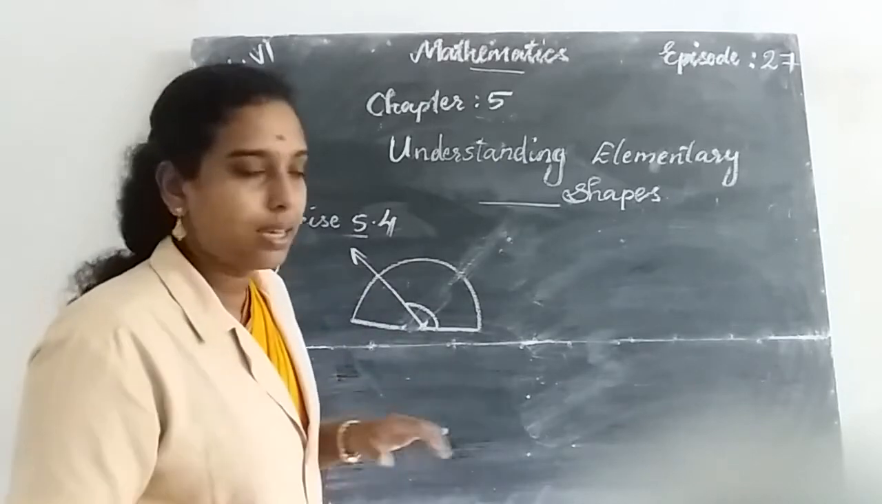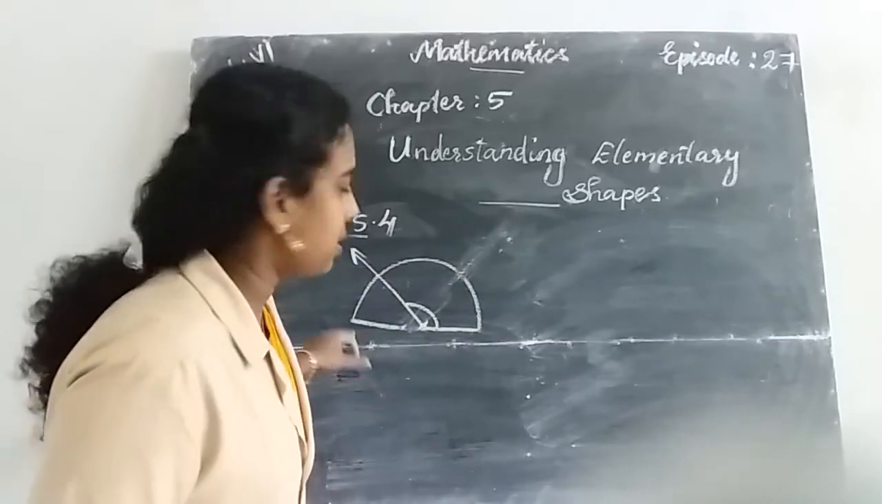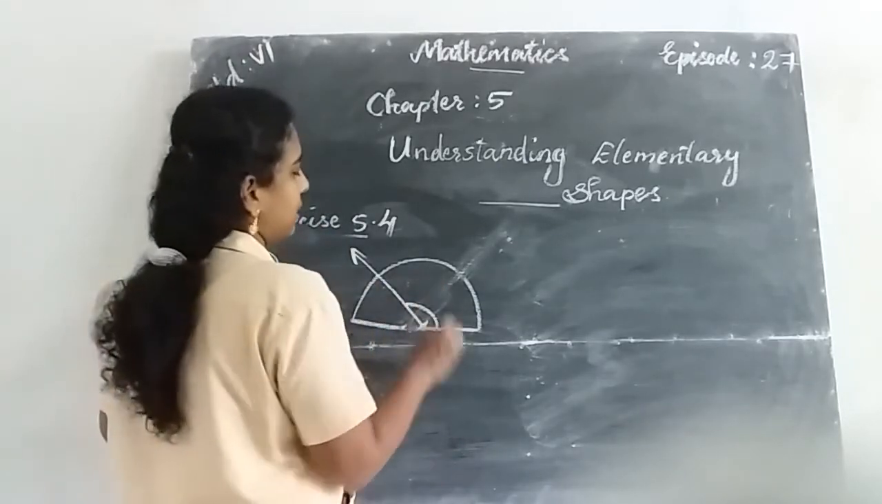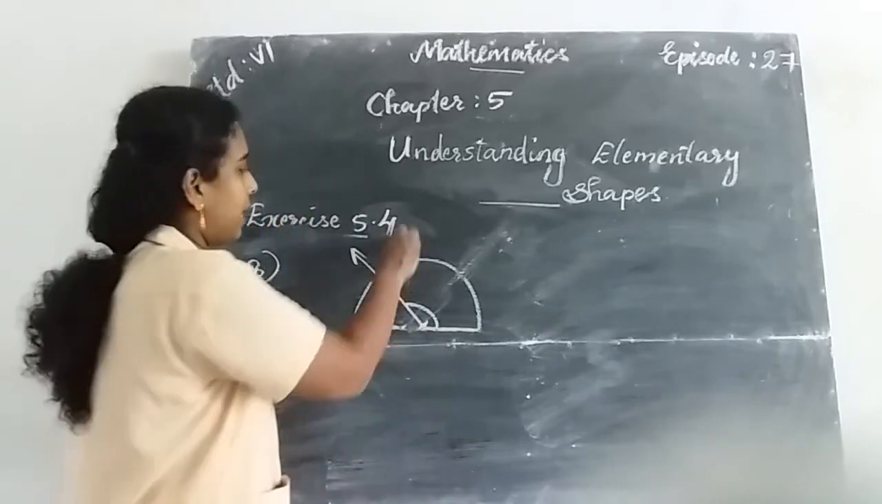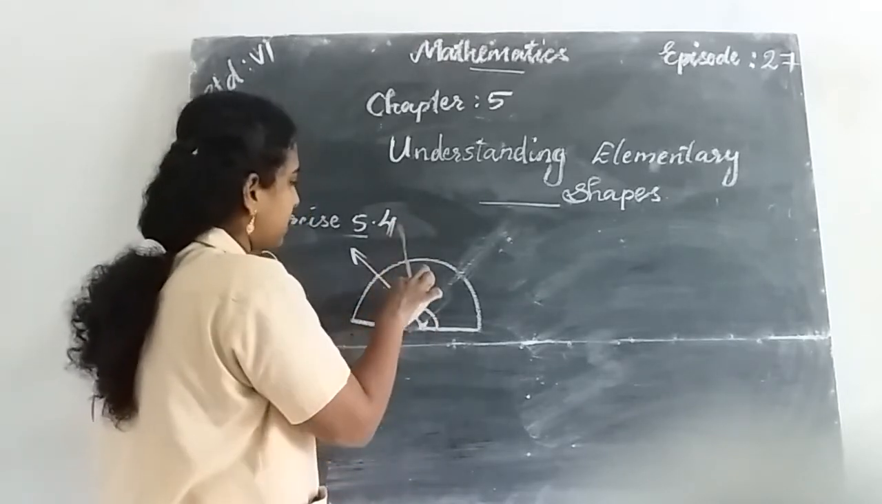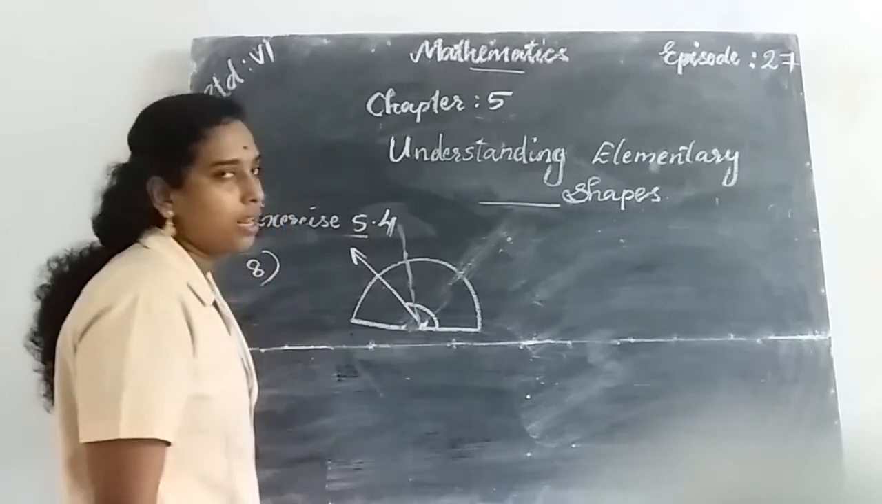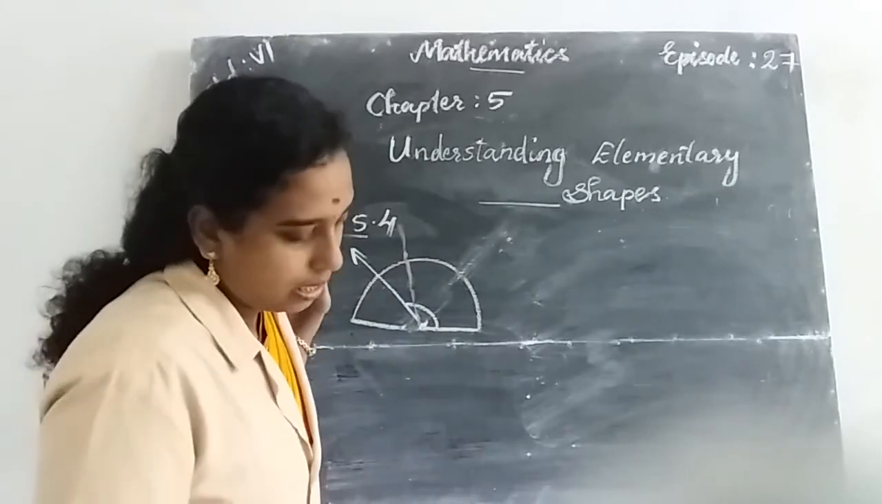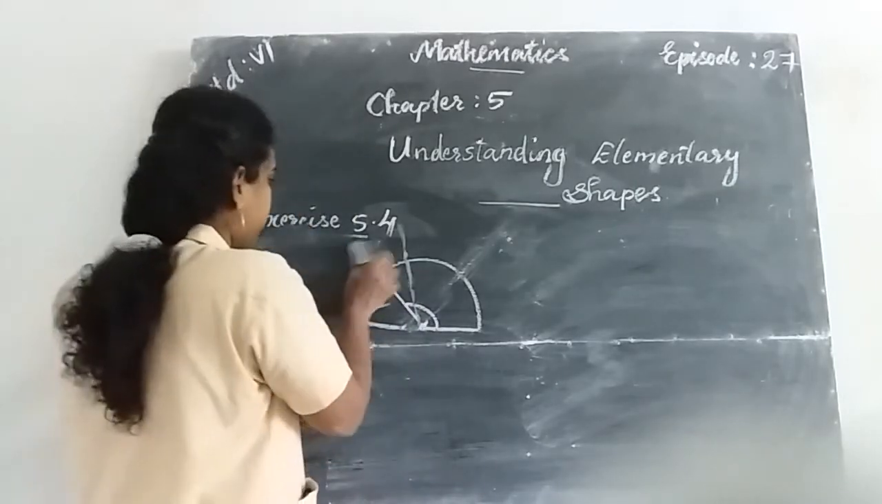And the next angle is like this way. Yes, it is greater than 90 degrees. 90 degrees means like this, and it is greater than 90 degrees. So it is an obtuse angle. The next question is,